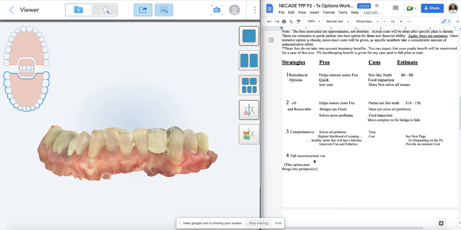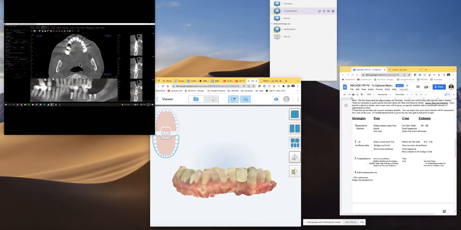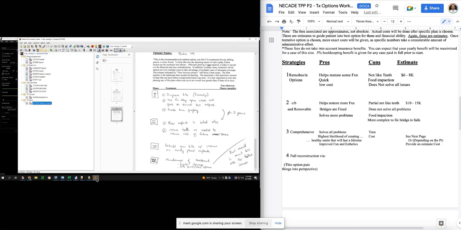All right, so the fourth option, let's just say we did all in fours. We put all in fours there. We can justify that that's an option based upon the fact that she has a severe skeletal discrepancy. Let me show you what my treatment plan came out to be. Again, this isn't the right answer. This is just what I came up with